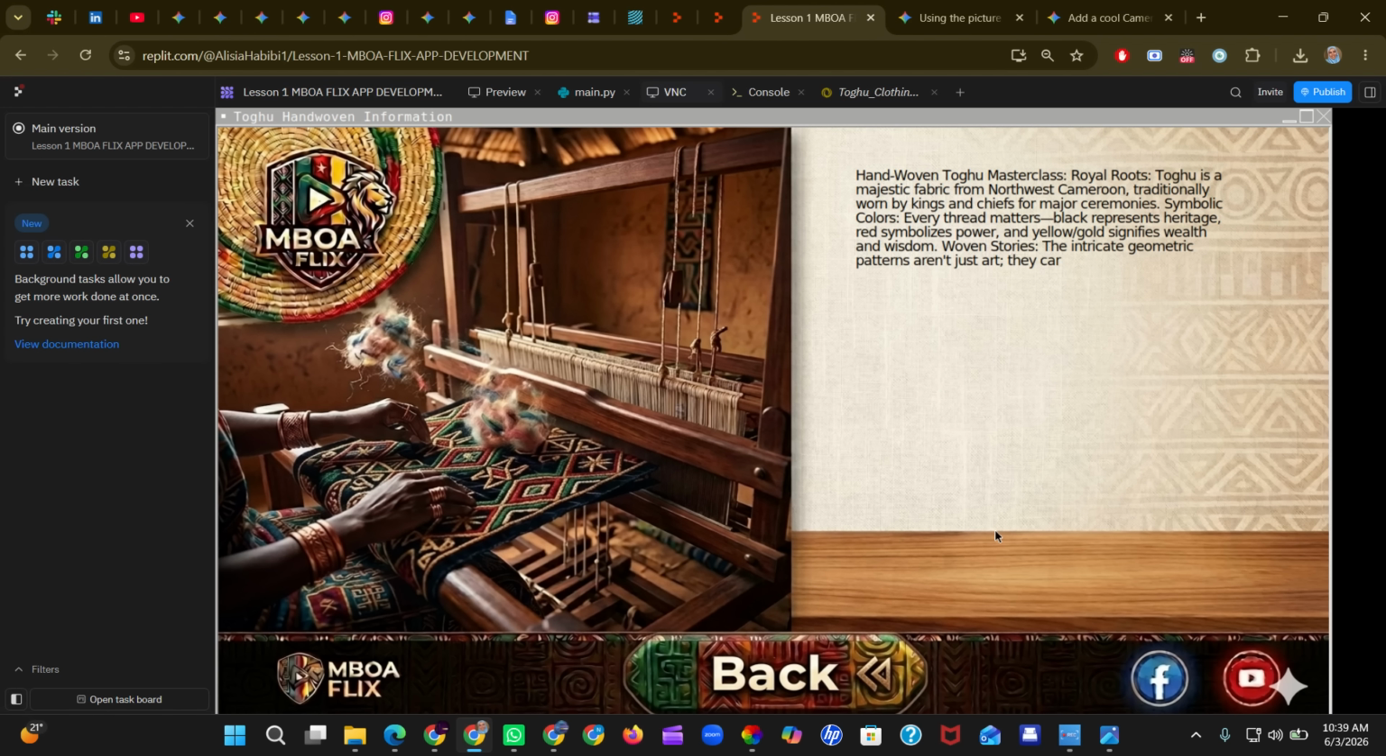So the user is just going to be sitting nicely here and reading all the information about the Togu hand woven part. And then once that's done,